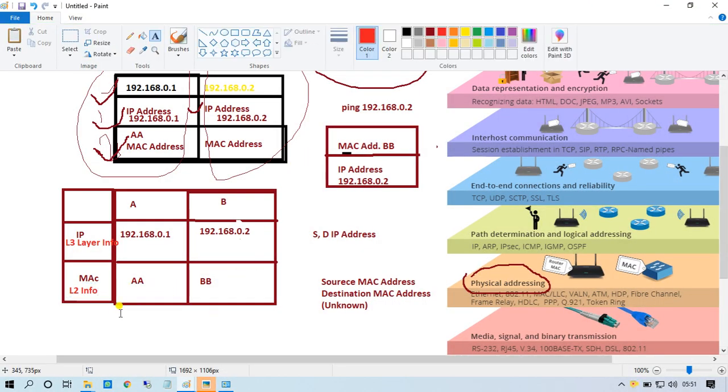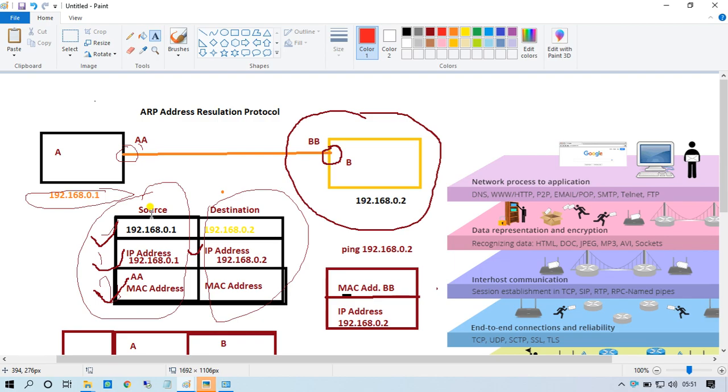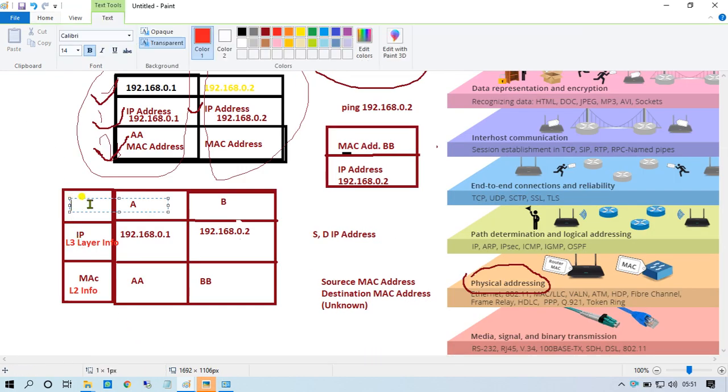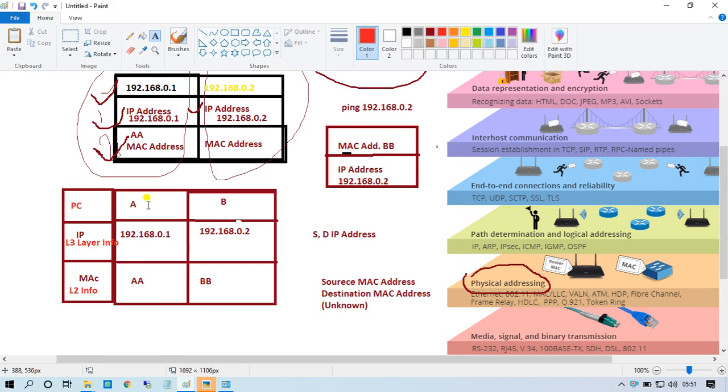L2 information. Now previously we checked for the system name, PCA. PCA has 2 types of information. It knows its own information: 0.1 is its layer 3 information, and AA is